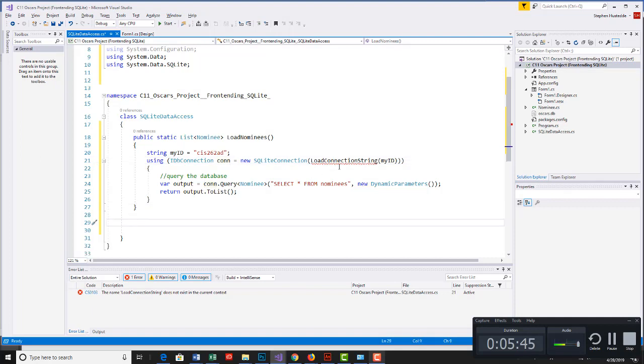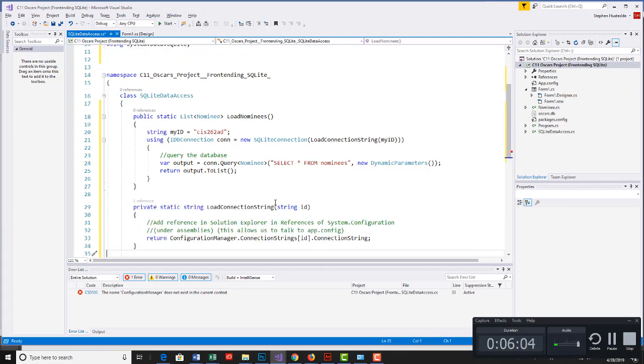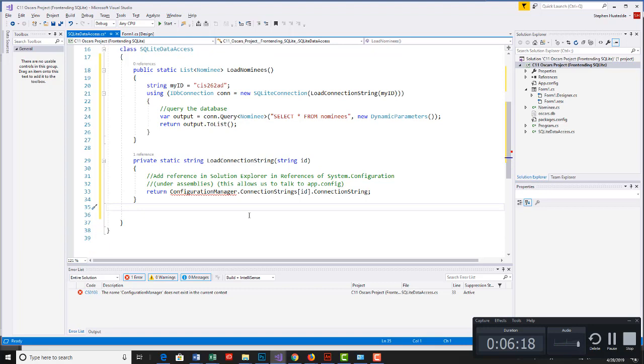Now I need the LoadConnectionString method. And here's our LoadConnectionString method. My squiggly went away when I pasted that in. It's a static method. It's going to return a type of string. We're going to pass it this string we're naming ID. And we're going to return the ConfigurationManager.ConnectionStrings